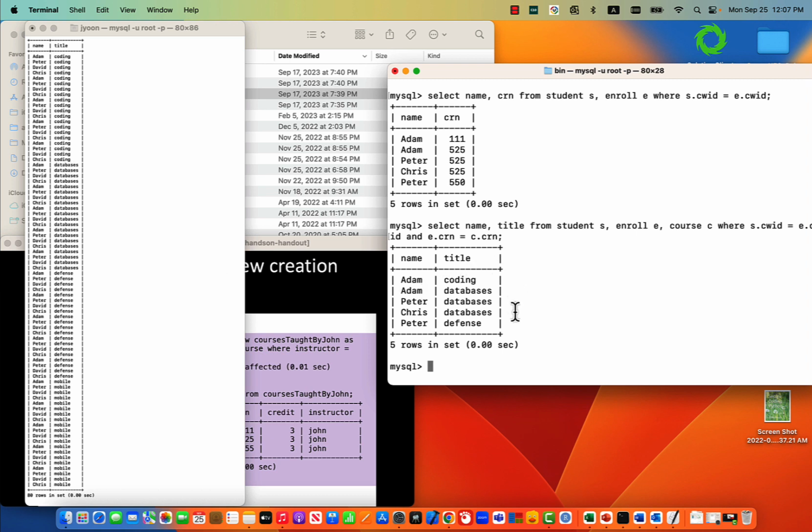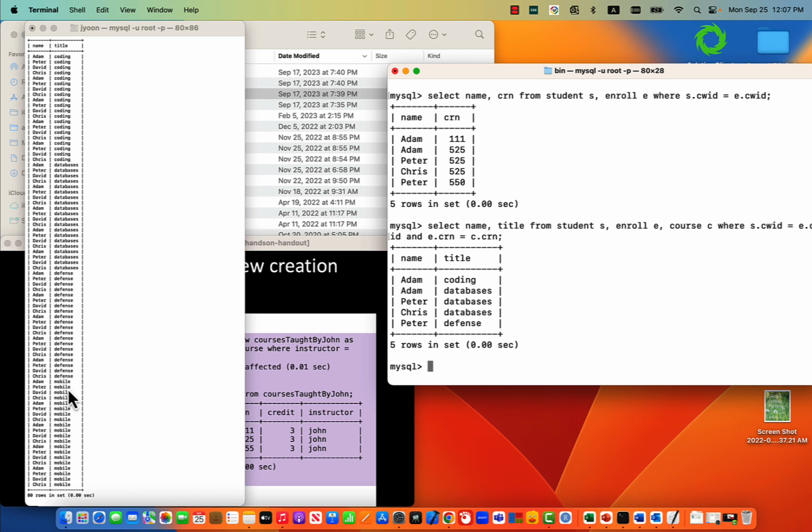The realistic result could be, for example, Adam takes coding and databases, Peter takes database and defense, and Chris takes database. Only 5 rows are realistic, but